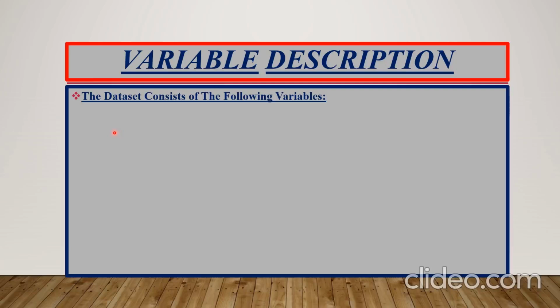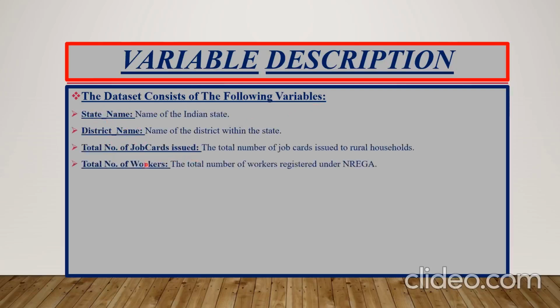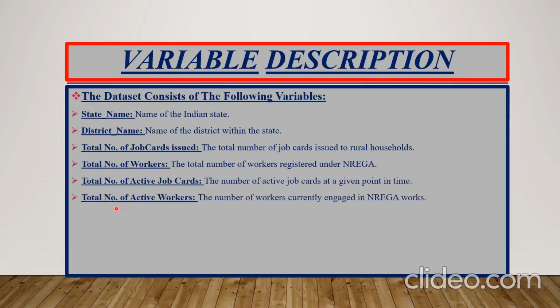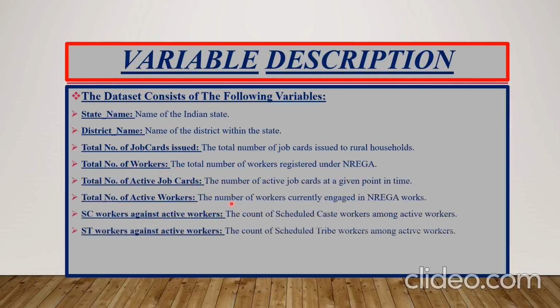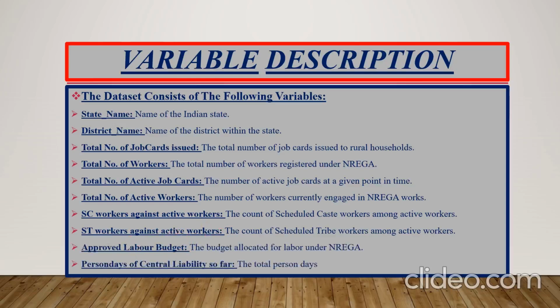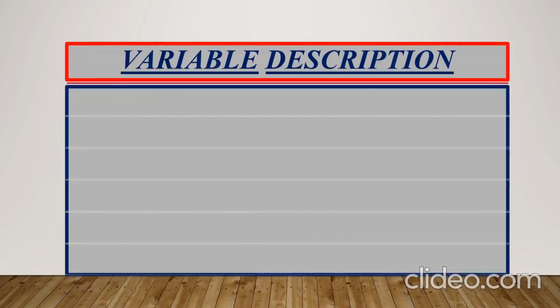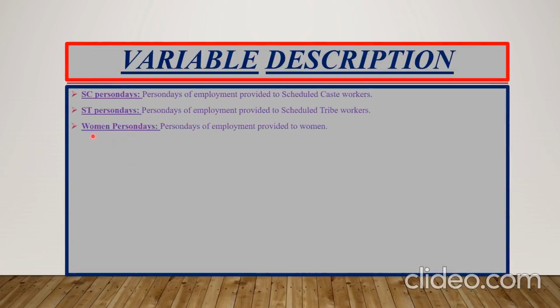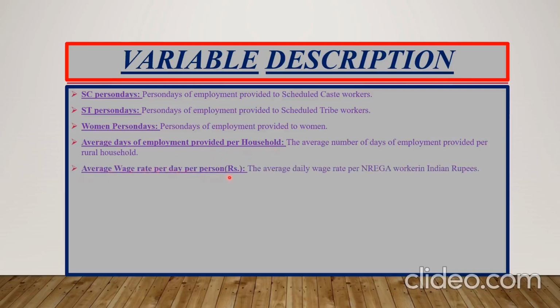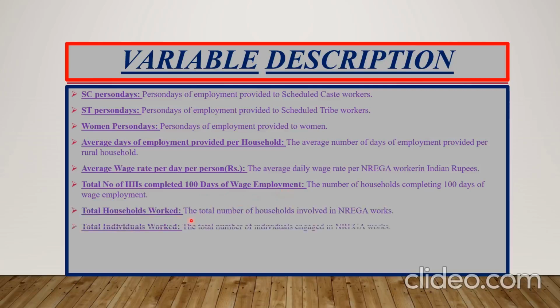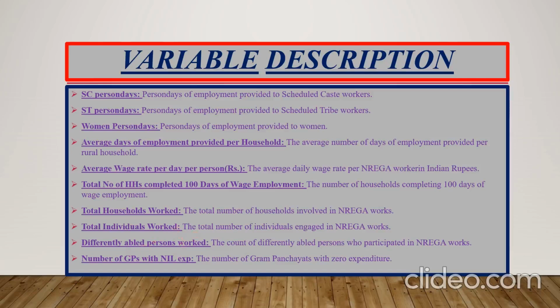This is the variable description. The dataset consists of the following variables: state name, district name, total number of job cards issued, total number of workers, total number of active job cards, total number of active workers, SC workers against active workers, ST workers against active workers, approved labor budget, percentage of central liability so far, ST percentage, women percentage, average days of employment provided per household, average wage rate per day per person, total number of HHs completed 100 days of wage employment, total households worked, total individuals worked, differently abled persons worked, number of GPs with NIL expenditure,